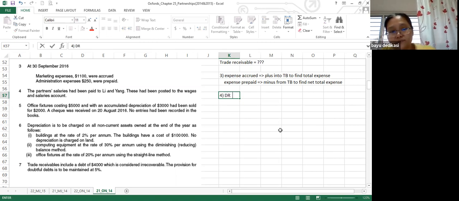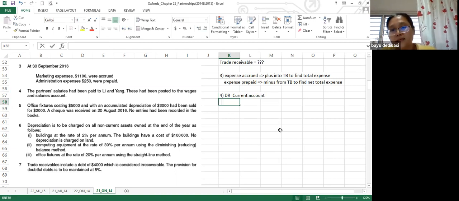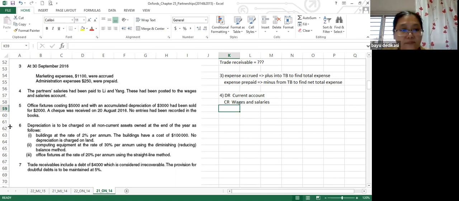Debit current account, because it's already paid. So debit current account, and then credit wages and salary, because this is a partner salary. Next is that